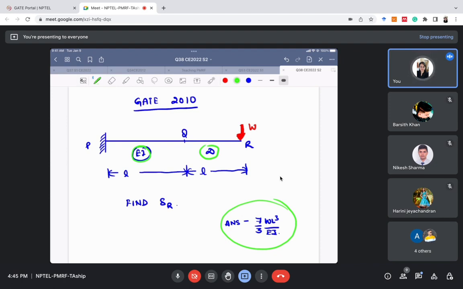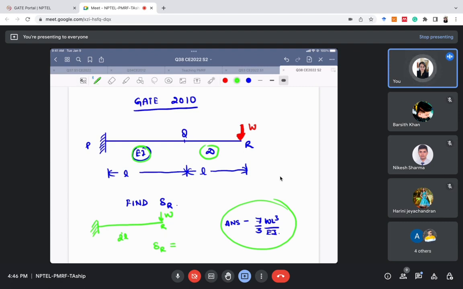Before starting this question, I just want to ask, if I have this cantilever beam, and if the EI and infinite is not given to you, simply the length is 2L, let's say, and W is given to you, then what will be the deflection at R in this case? Anyone would like to answer? If it would have been a simple question like this, a cantilever beam with the load at the end, the length is 2L, what would have been the value of deflection at point R? Maybe you want to tell in the comment also,